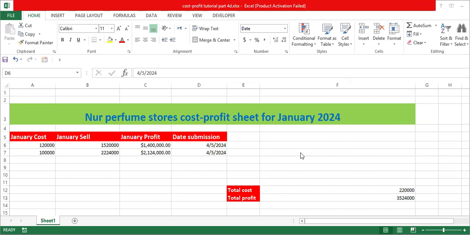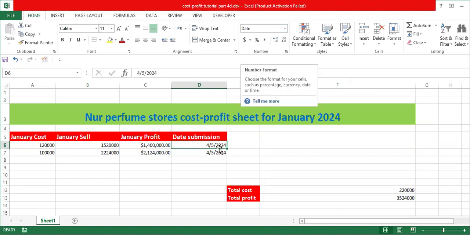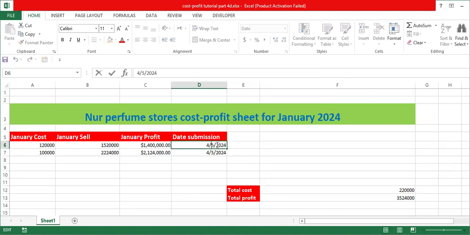In today's tutorial, we are going to see how to format a date. So on this specific worksheet, I have added a new entry, which is submission date, and these are some of the data I have added. Now, as I enter this data for date, Excel automatically formatted this one as date because it identifies this as